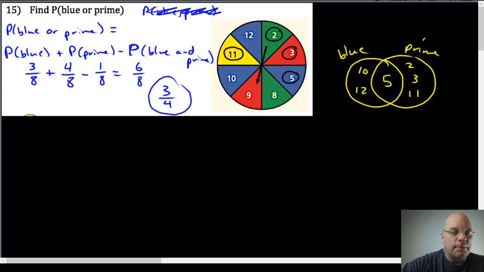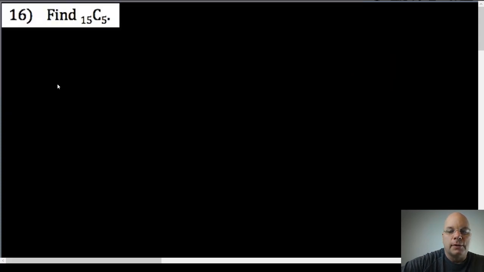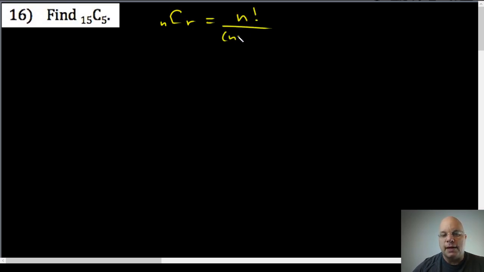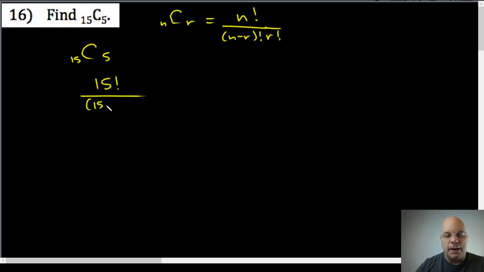The last problem, problem number 16, we're doing just a straightforward calculation using the combination formula. Combination of n items taken r at a time is equal to n factorial over the difference of n and r factorial multiplied by r factorial. So in this case, n is 15, r is 5. So we have 15 factorial divided by 15 minus 5 factorial multiplied by 5 factorial,